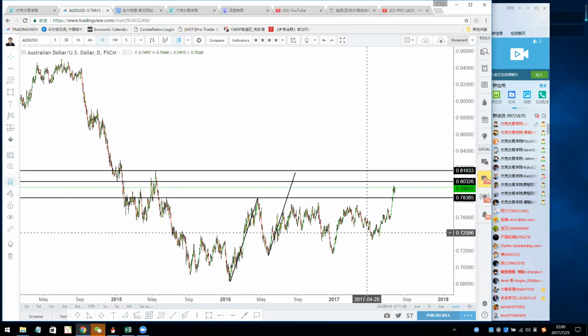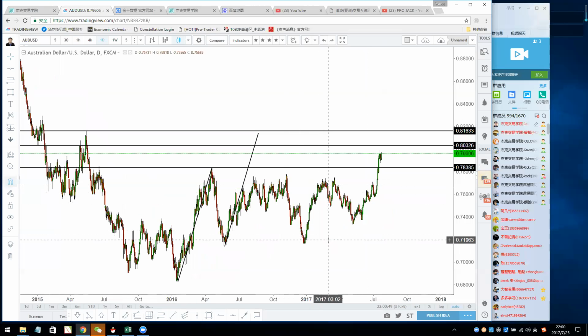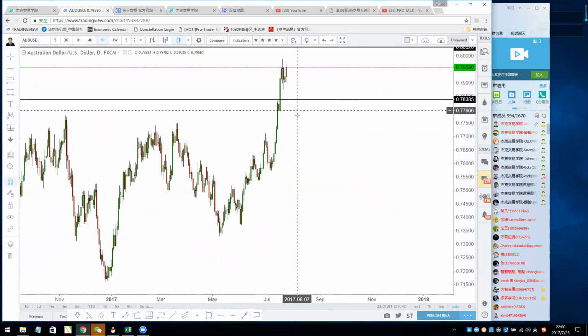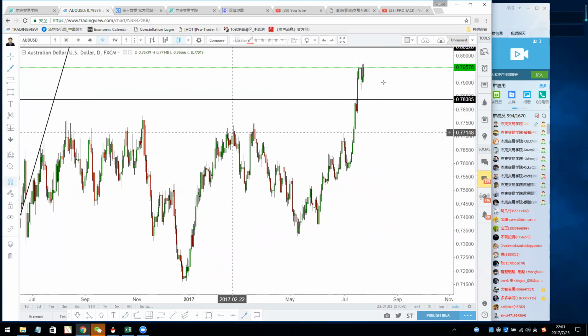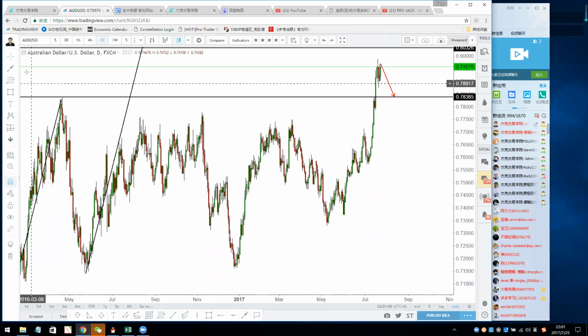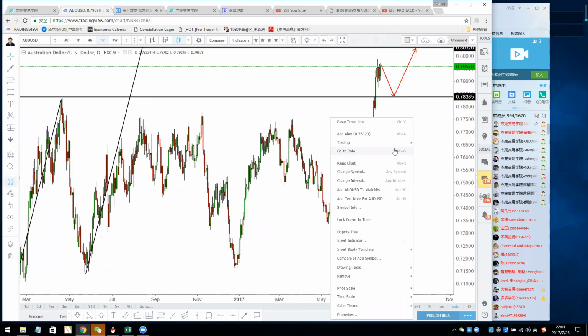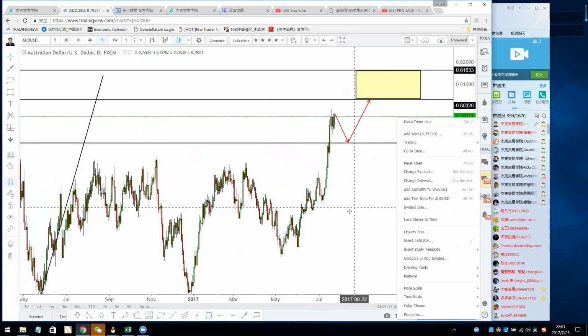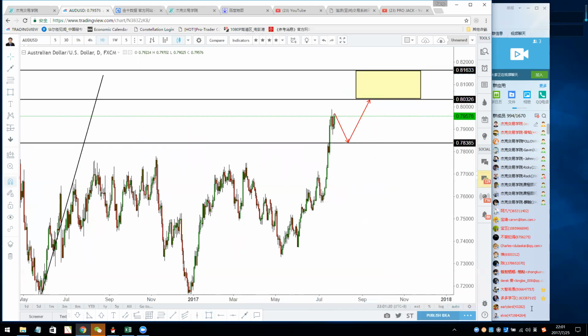Any questions? If no questions, I'm going to move to the other page. I want to tell you guys what the trend is now and where the potential buying or selling area is. So simple. I don't want you to buy at high or sell at low. Focus on buying low and selling high. Buy low, buy the pullback, and when the price goes up, take profit on your long and start to sell about this area, 80.32 to 81.63.